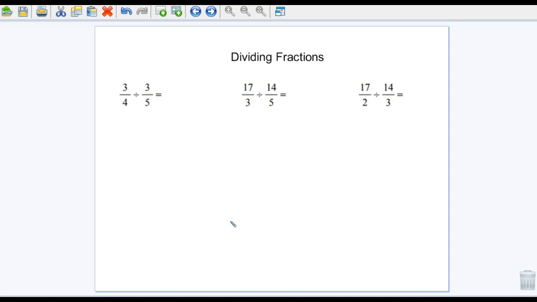Okay, so here's part 2 of today's video. I didn't want to make them too long, so I decided to truncate it and make it a little bit shorter. So we're going to go ahead and start with our dividing fractions. And these are some really simple